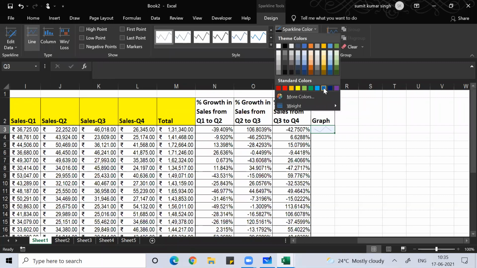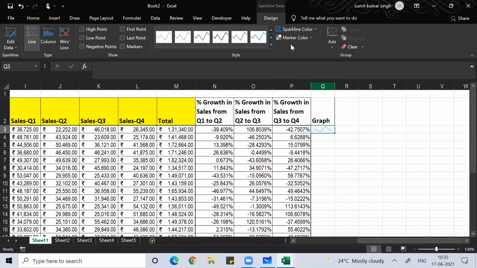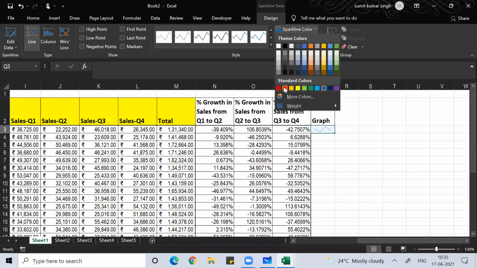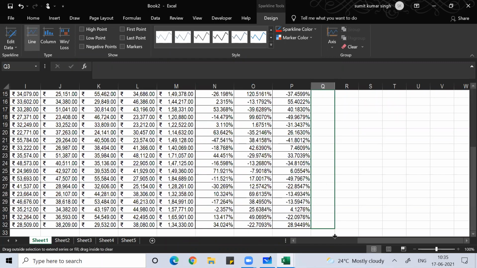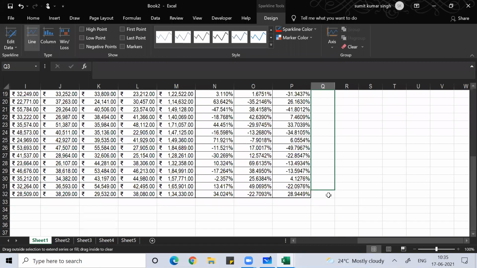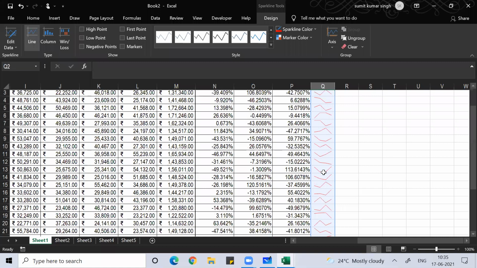Sparkline color, you can change that, and double click. You can get the graph for the remaining cells. This is called sparkline.